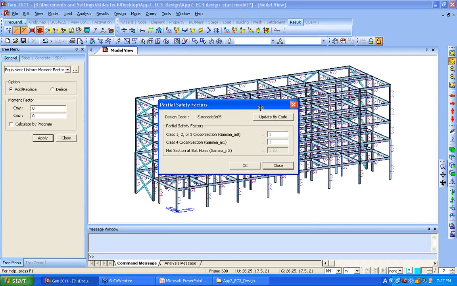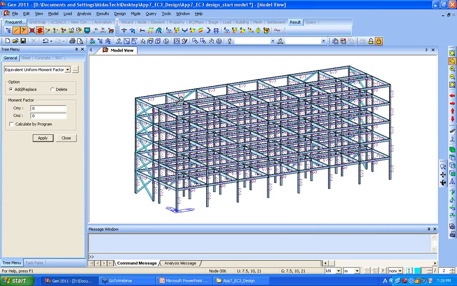So, click this update by codes. When the strength reduction factors are not entered in Gen manually, then strength reduction factors specified in the current design code are used. So in this case, I will define Eurocode 3 and the partial safety factor implemented based on the Eurocode 3. Click close and